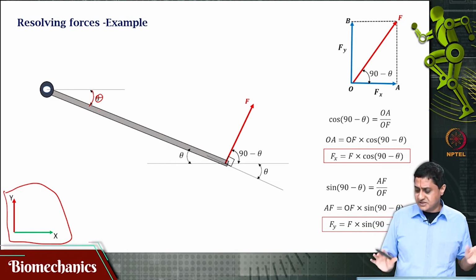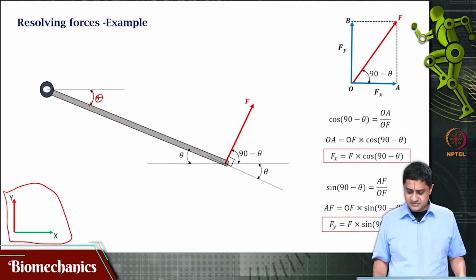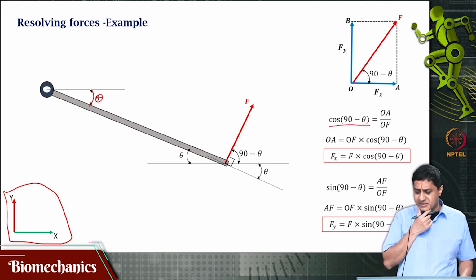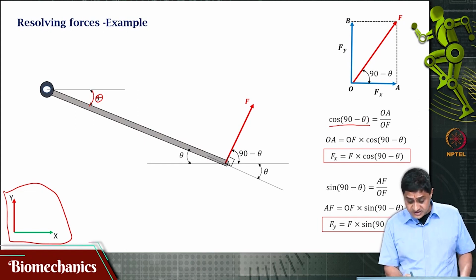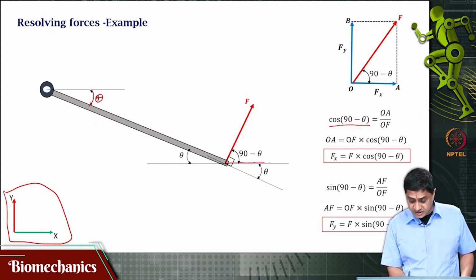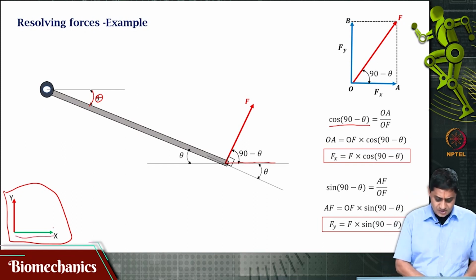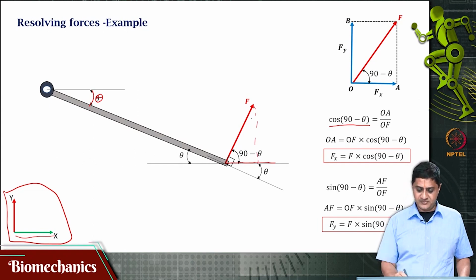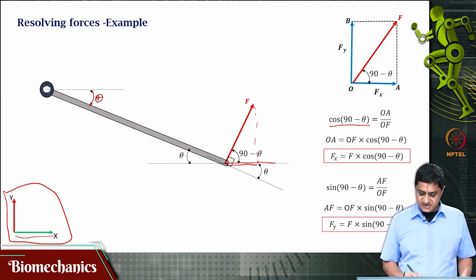It is scary looking, but it is not scary. Same principle. So, what do I do? I try to find the cosine of 90 minus theta, but why is that? Why do I find cosine of 90 minus theta? Well, because I would like to find that component, and that component is the x component, it turns out. I am interested in finding that distance, that is OA by OF, is it not, in